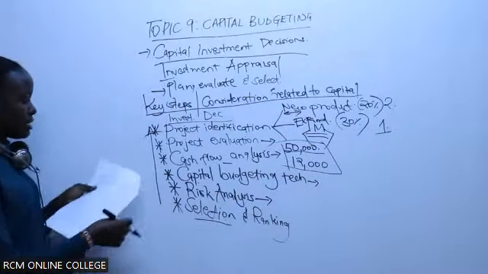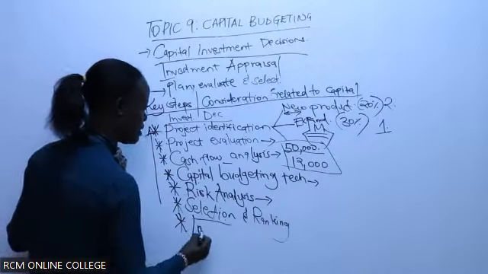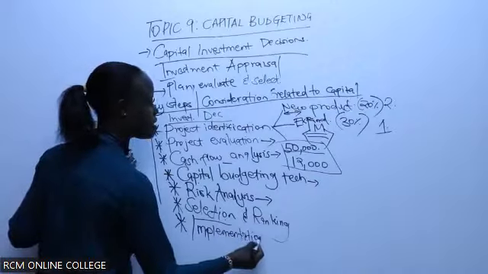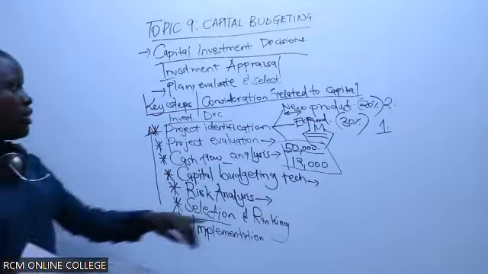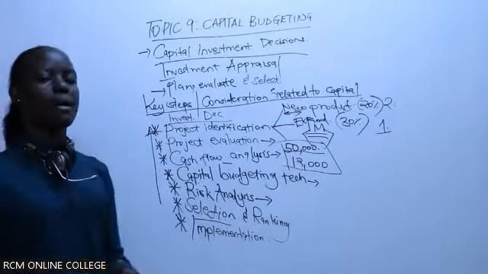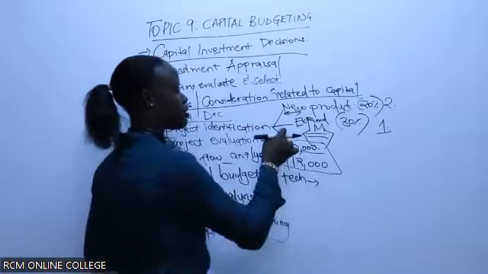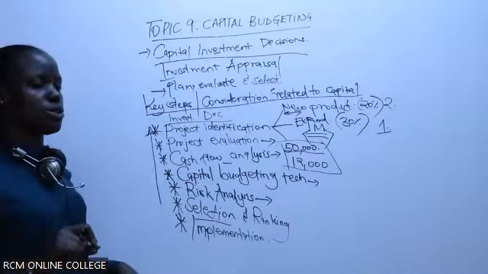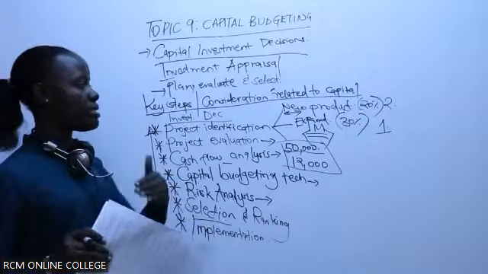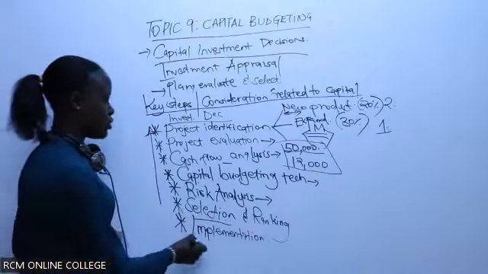Now after selection and ranking, we do decision and implementation. Implementation is where you put the project into action. You've identified that you want to invest by expanding my organization. That is the selection you made. Now you don't just select and sit back. Once you select it, you have to put your selection into action. You have to come back to the field and do exactly what you've evaluated. If you've decided to venture into a new product, now put that into action. So that is what you do at implementation.